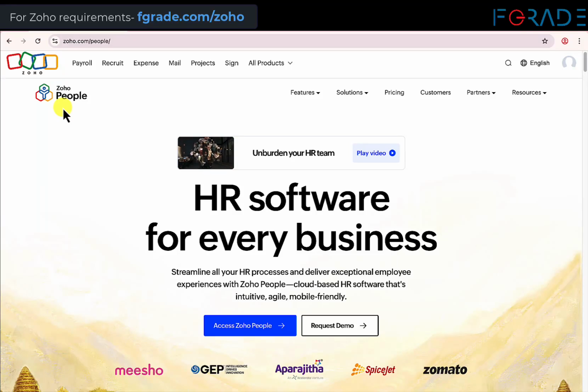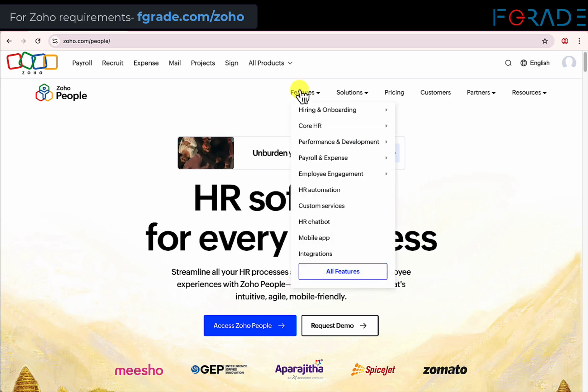Welcome to Zoho People. It is an online human resource software that helps companies manage their employees more easily. In simple words, Zoho People is like a digital assistant for HR teams. It helps with storing employee information, tracking attendance and leaves, managing performance reviews, handling shift schedules, making HR tasks faster and paper free. It works online, so HR staff and employees can access it from anywhere. It's a part of the Zoho suite, which offers many business tools.